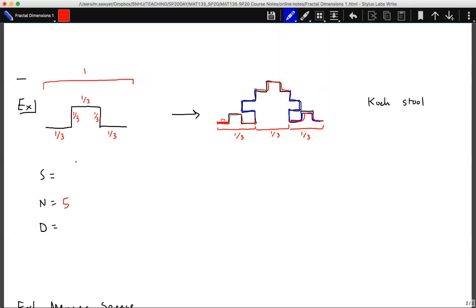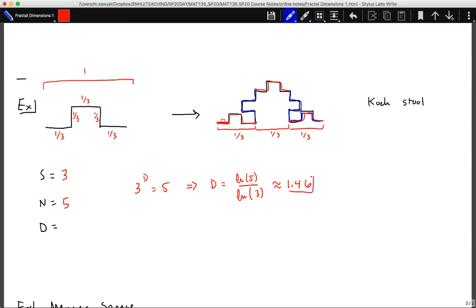And our scale factor was 3, because it was unit length 1, and we shrunk it down to be size 1/3. So our scale factor is 1 over 1/3, or 3. We could also think of it as it was unit length 1 and now it's 3 times as big if we were to stretch it out. So now when we look at our dimension, we're looking at 3 to the D equals 5, or otherwise D equals natural log of 5 divided by natural log of 3, which is approximately